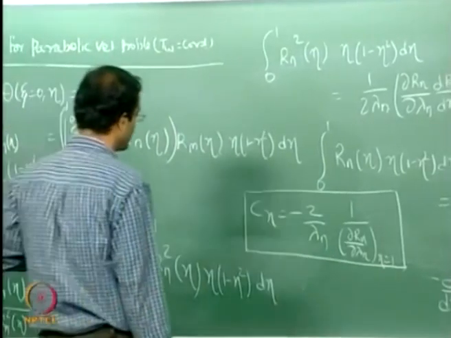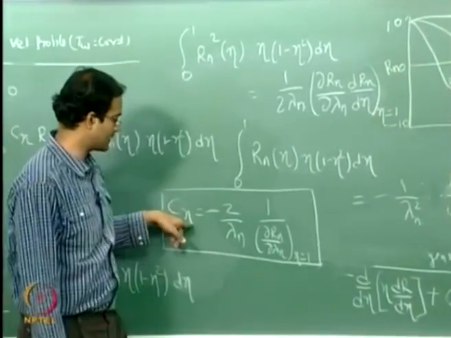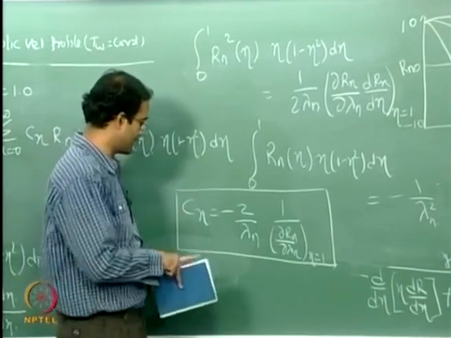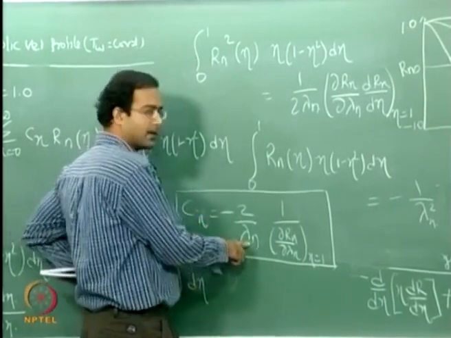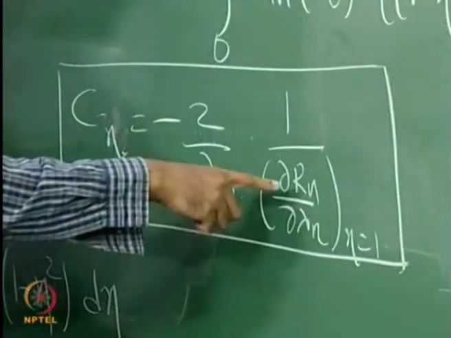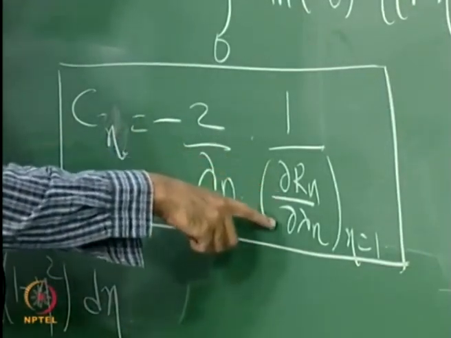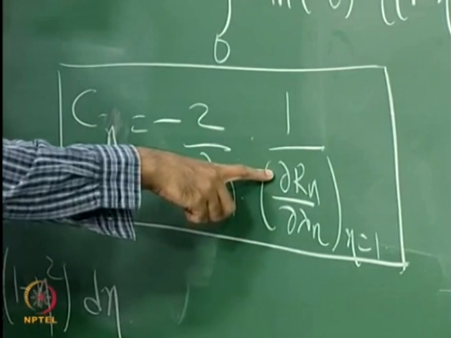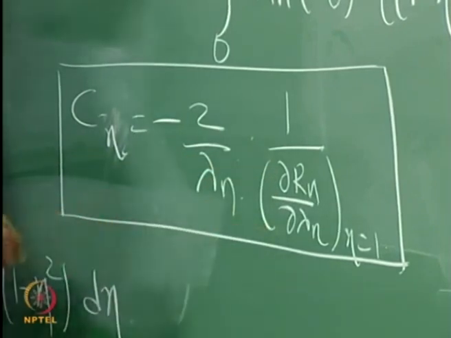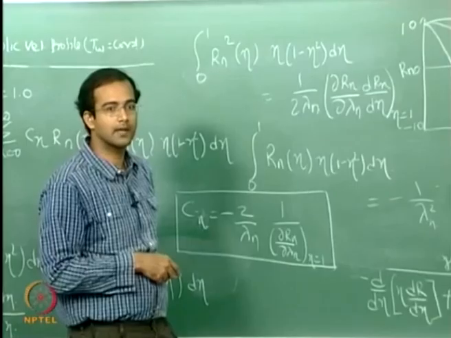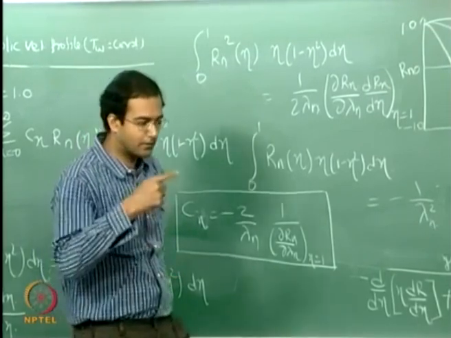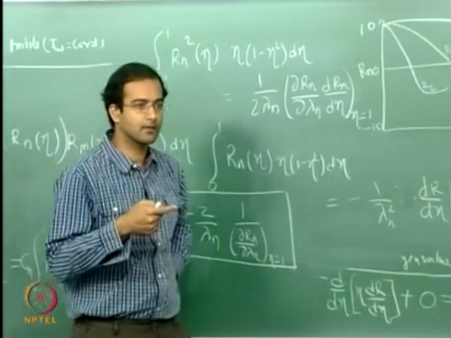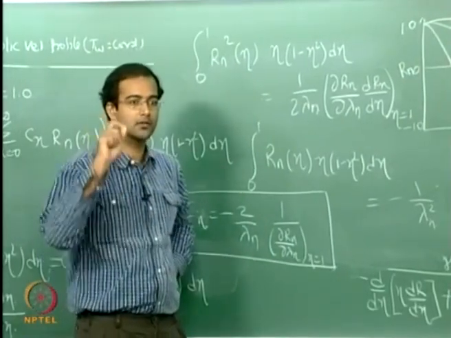So now for calculating this constant c as a function of n, this is a function of n. For different values of eigenvalue lambda 0, lambda 1, lambda 2, I need to know the derivative of the eigenfunction with respect to lambda, corresponding to eta equal to 1. So for different values of lambda, for eta equal to 1 I should know the value